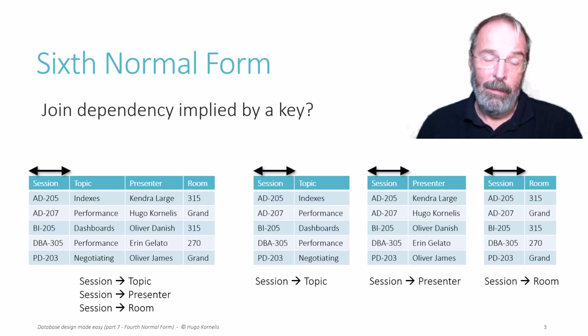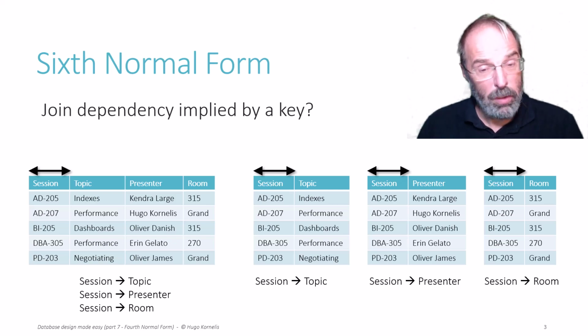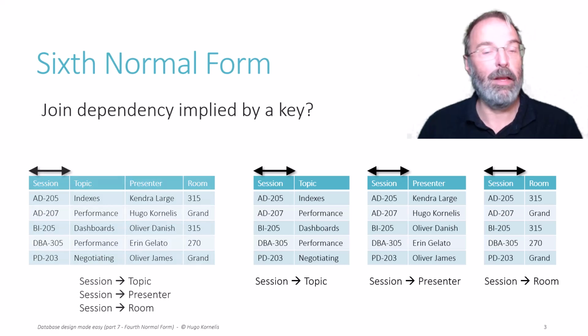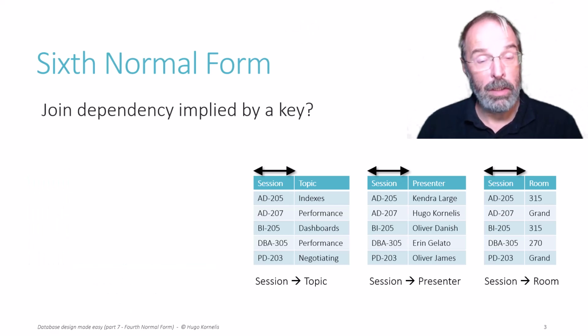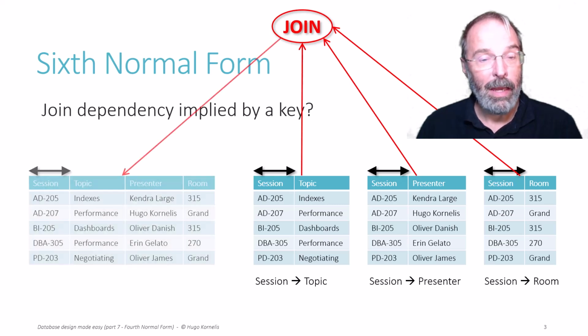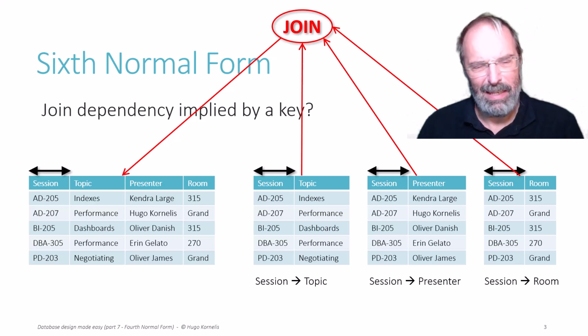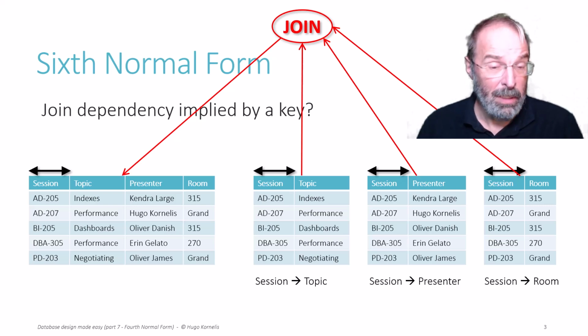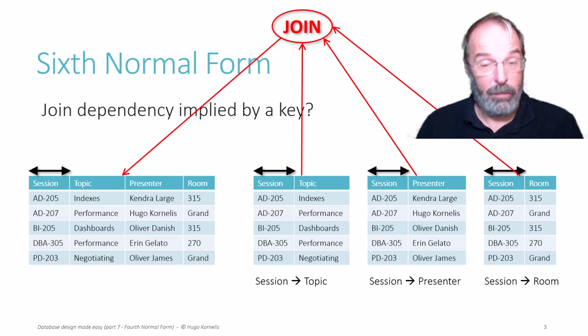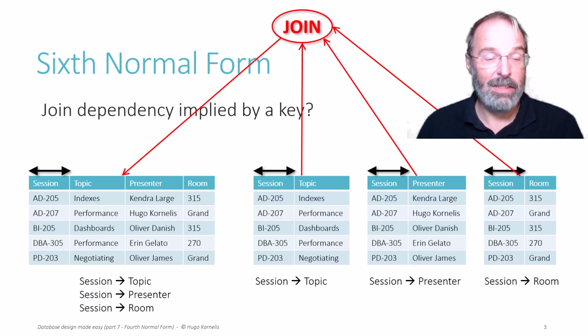So for this to be a join dependency, we need to make the test of throwing away the table on the left hand side, joining the new tables back together, and what is the result? It is the original table. Always, guaranteed. And basically that is kind of obvious because, well, both the 3 tables on the right as well as the single table on the left implement the same set of 3 functional dependencies.